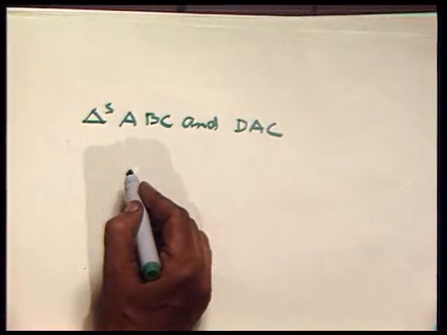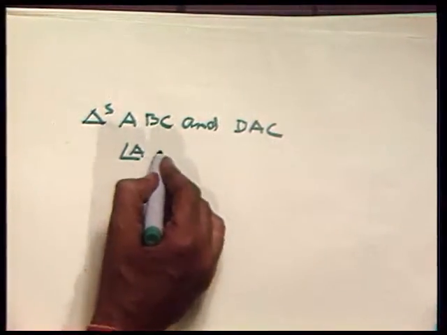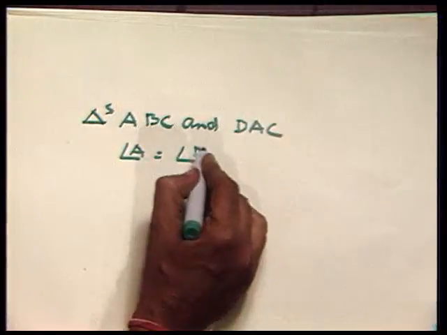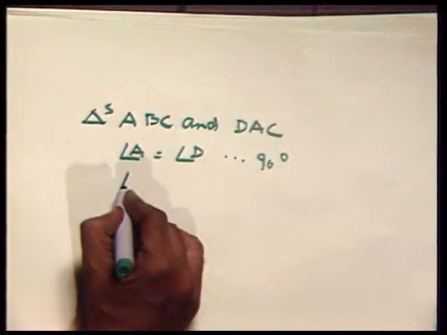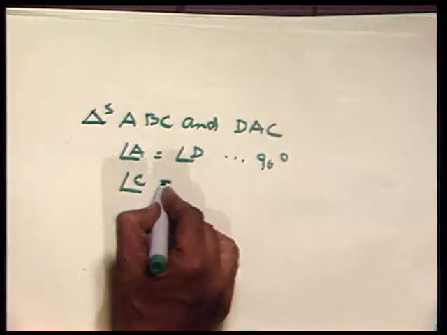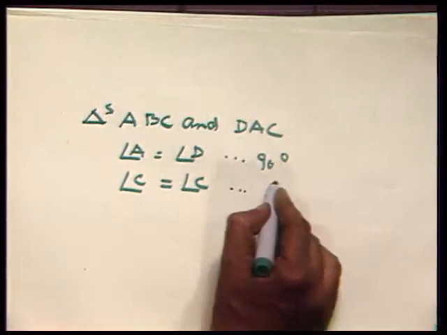We have again angle A equals angle D, each being 90 degrees. Angle C is common to both the triangles. So, angle C equals angle C, this being common,